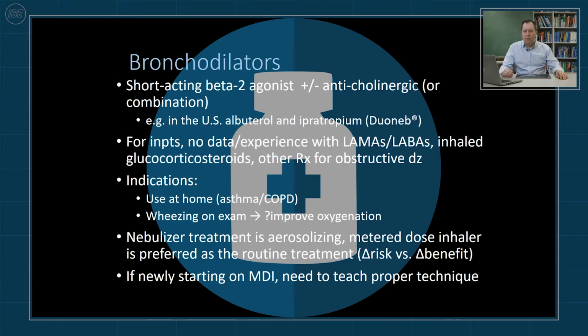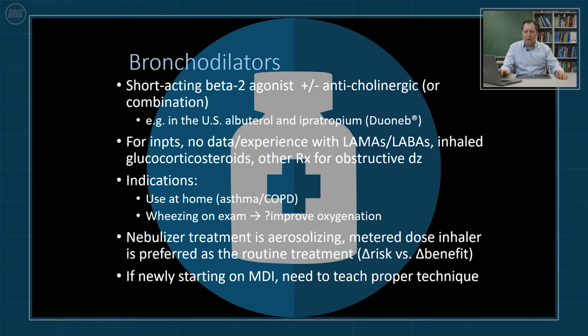Nebulizer treatment, however, is aerosolizing, so a metered dose inhaler is often preferred as the routine treatment. The additional risk of nebulizers has to be weighed against the additional benefit. However, if a patient is newly being started on a metered dose inhaler, they of course need to be taught